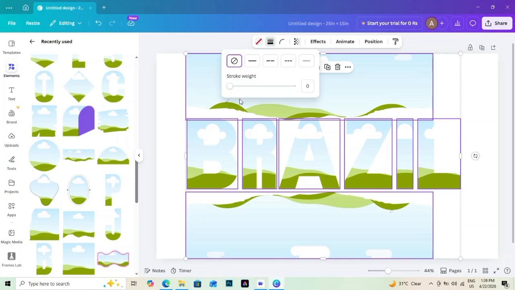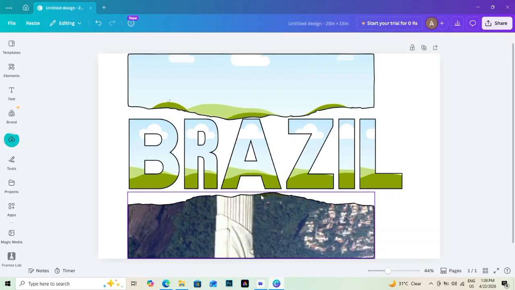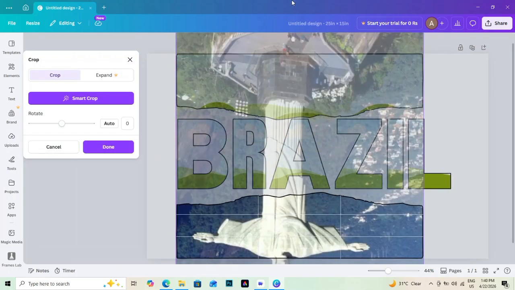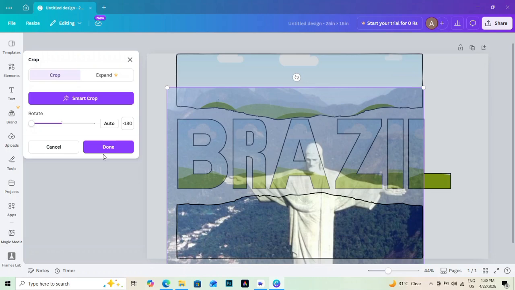Slightly adjust brightness and contrast to maintain a cohesive tone. Add minimal decorative elements like shapes or lines with low opacity. Use position tools to align everything while keeping generous